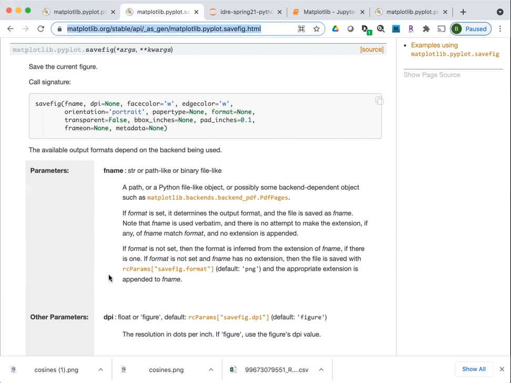But one of my recommendations, if you think there's something you want to do with Matplotlib and you don't quite know how to do it, is to open up a Google search, type in Matplotlib, and then type in just a couple keywords of something you want to do. There are very highly likely odds that you'll be able to find somebody who, right off the bat, will show you exactly how to do it.